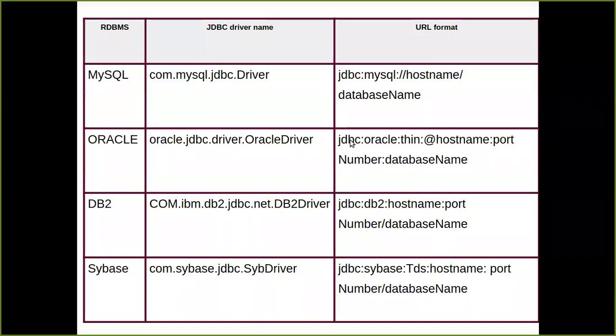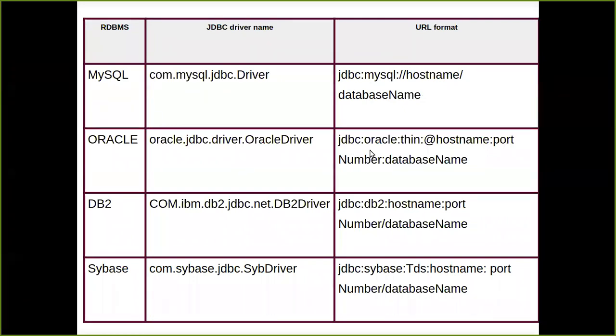Till here it is going to be the same. There is not going to be any change at all in this part, jdbc:oracle:thin:@. What is going to change? Your host name. I told you the host name we are using is AMRoot, so the host name is AMRoot. I told you the port it is listening on is 1521, so I'm going to write the port number over here. Then I am going to write the database name. For example, the database which I have created is named Sujata, so I'm going to write the database name as Sujata. Okay, so this is how you are going to use this URL format.